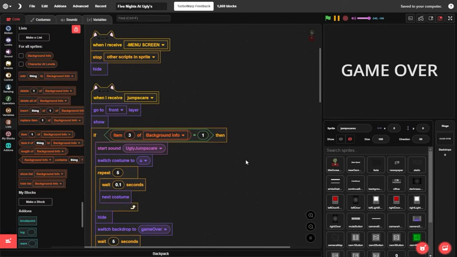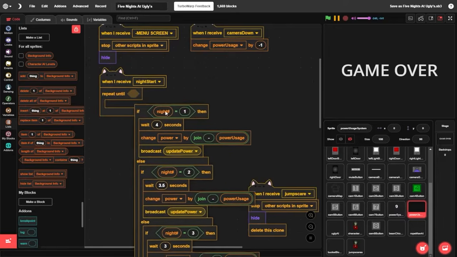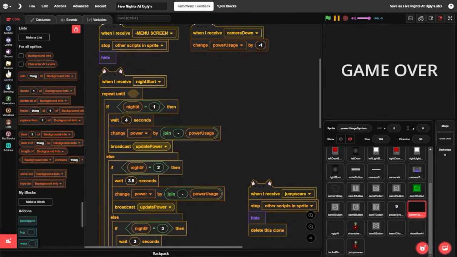Awesome. We have one more thing left to set up in this episode, and that's running out of power. This is super, super easy to set up. So let's figure it out right now. What we're going to do is come to our power usage system sprite. And right above all of this that we set up here, what we're going to do is run an if